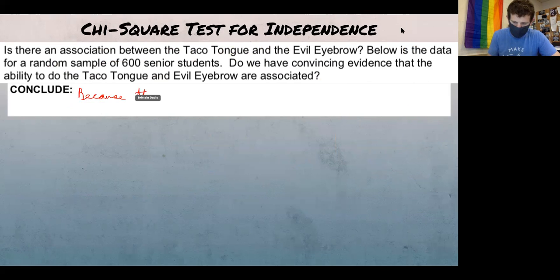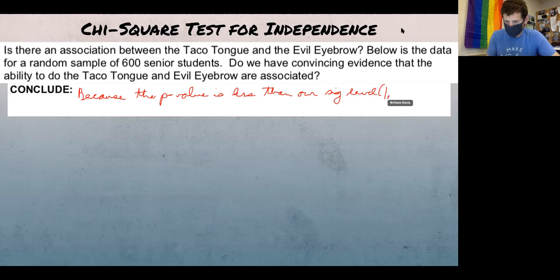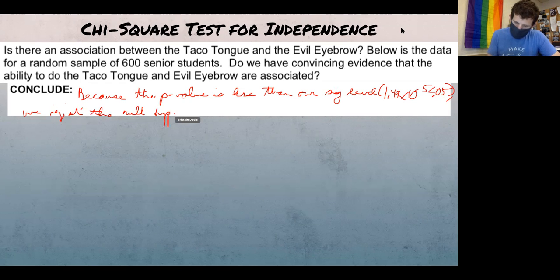Because the p-value is less than our significance level, and here I can do the whatever it was, 1.49 times 10 to the negative 5th is less than 0.05. We reject the null hypothesis. There is convincing evidence